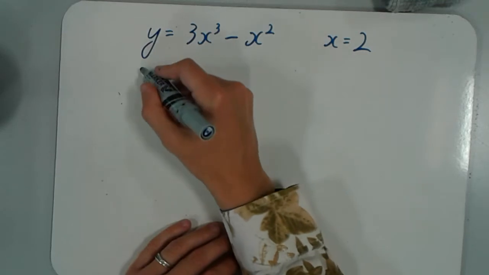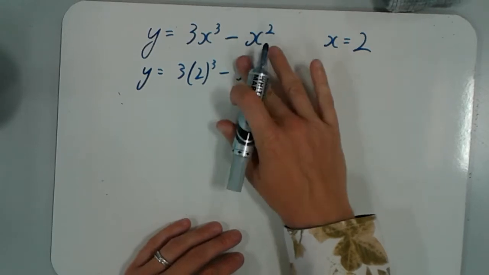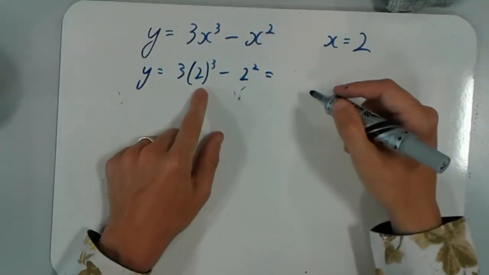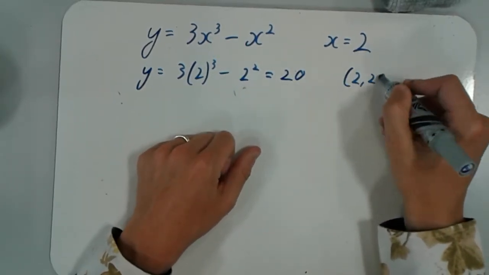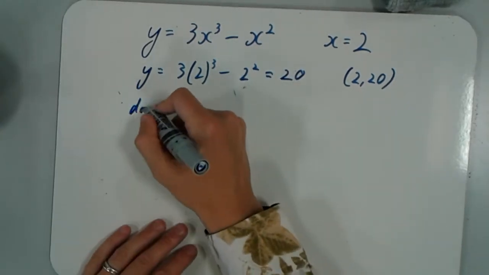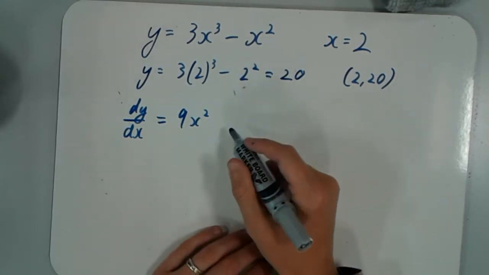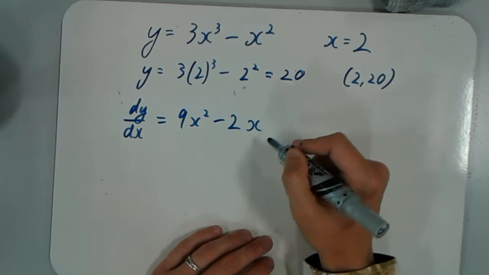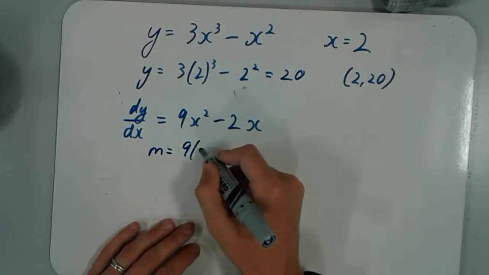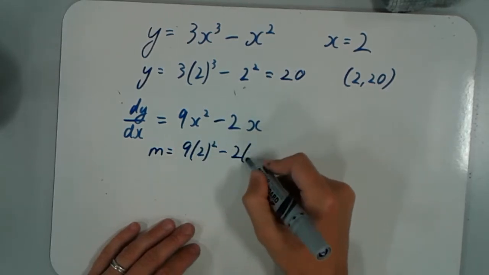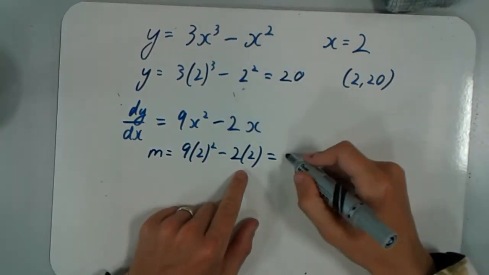First of all, find the y coordinate. That's 8 times 3 is 24 minus 4. So we have a y coordinate of 20. Now find the gradient. So differentiate: times by the power, reduce the power by 1, times by the power, reduce the power by 1. Substitute in our x coordinate. Four times 9 is 36, minus 4 gives us